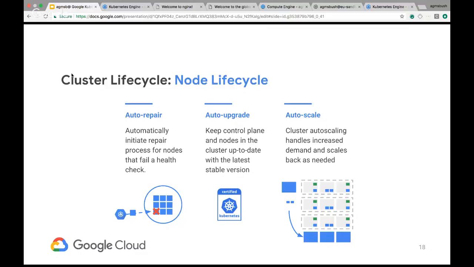Yeah, I think it's nice to see that just on this slide alone, all three of those start with the word auto. I think that's a great explanation of the idea: once you turn them on, or configure them to work the way you want, you can take a step back, right? The whole point is to make your life as easy as possible so you can focus on what the important things are to you.